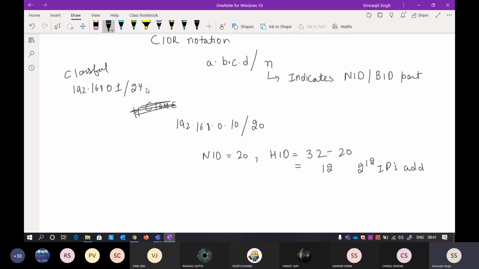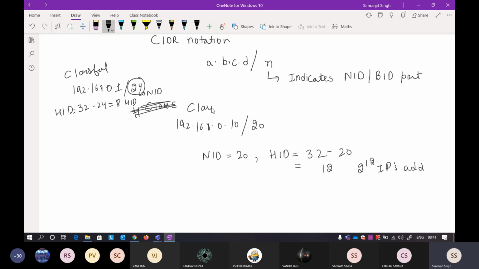What is the meaning of it? That 24 bits are a part of the network ID here. From this you can easily find out the host ID. You just have to subtract 24 from the total address space, and you get the host ID part. Now in classful, this is already defined, but